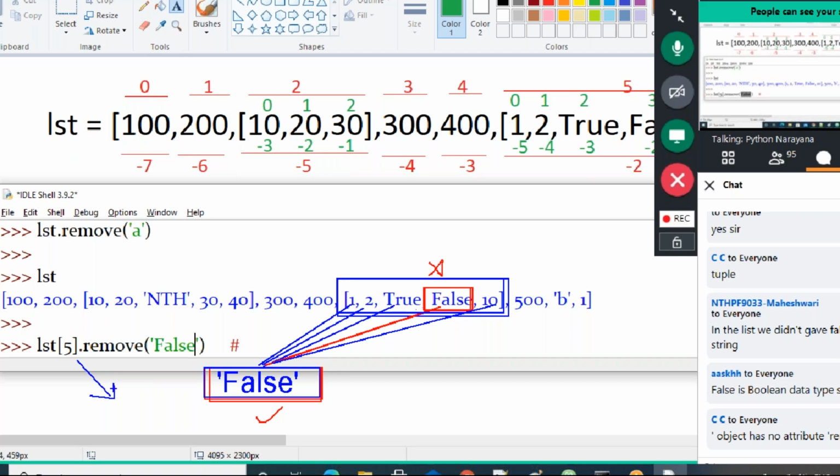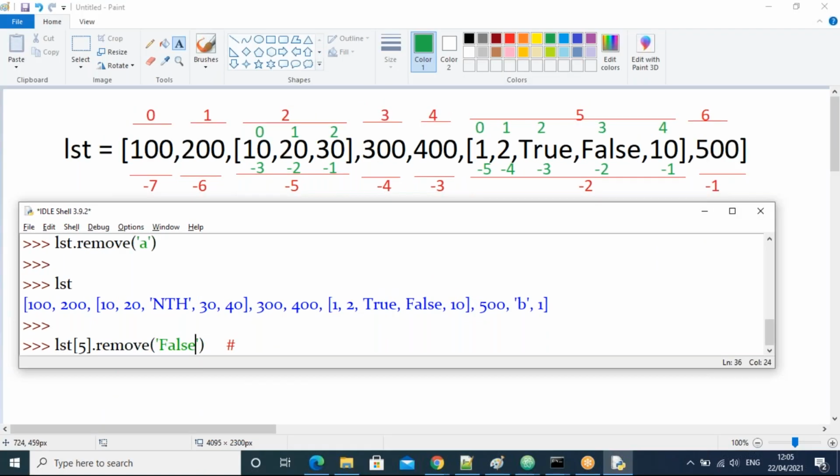The interpreter doesn't know false is a keyword at this time, guys. Even the interpreter doesn't know this is the false keyword, because quotes are there. Whatever you give in the quotes, it takes as a string only. That's all. All of you have seen the difference between our thinking and the interpreter's thinking, guys. How you thought, how the interpreter is thinking. How you give the reply and how it actually thinks.